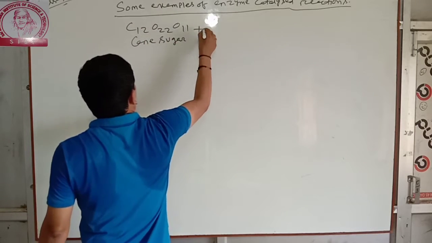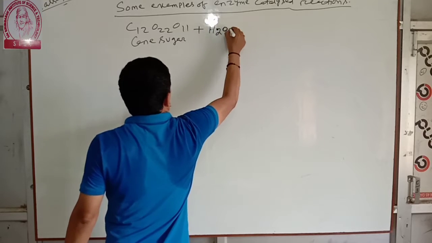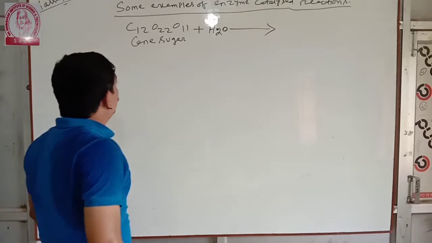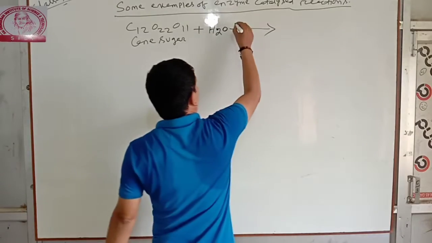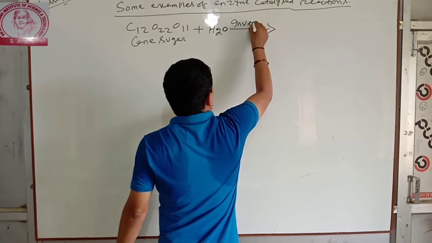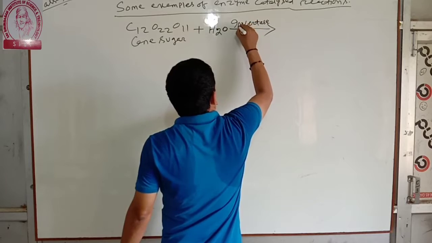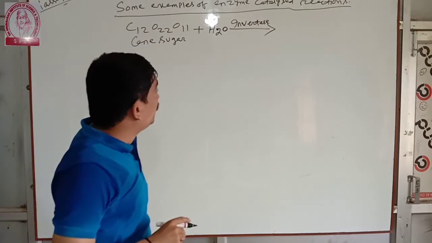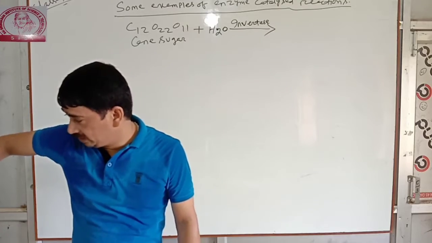You remember only this enzyme. Cane sugar plus water in presence of invertase gives glucose